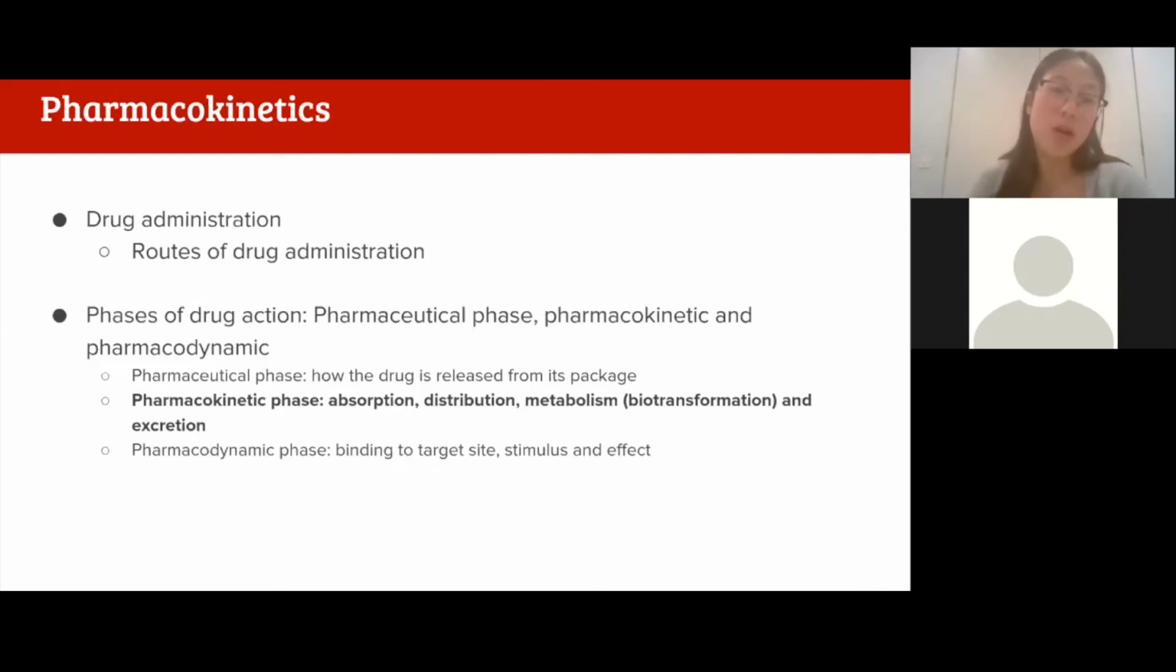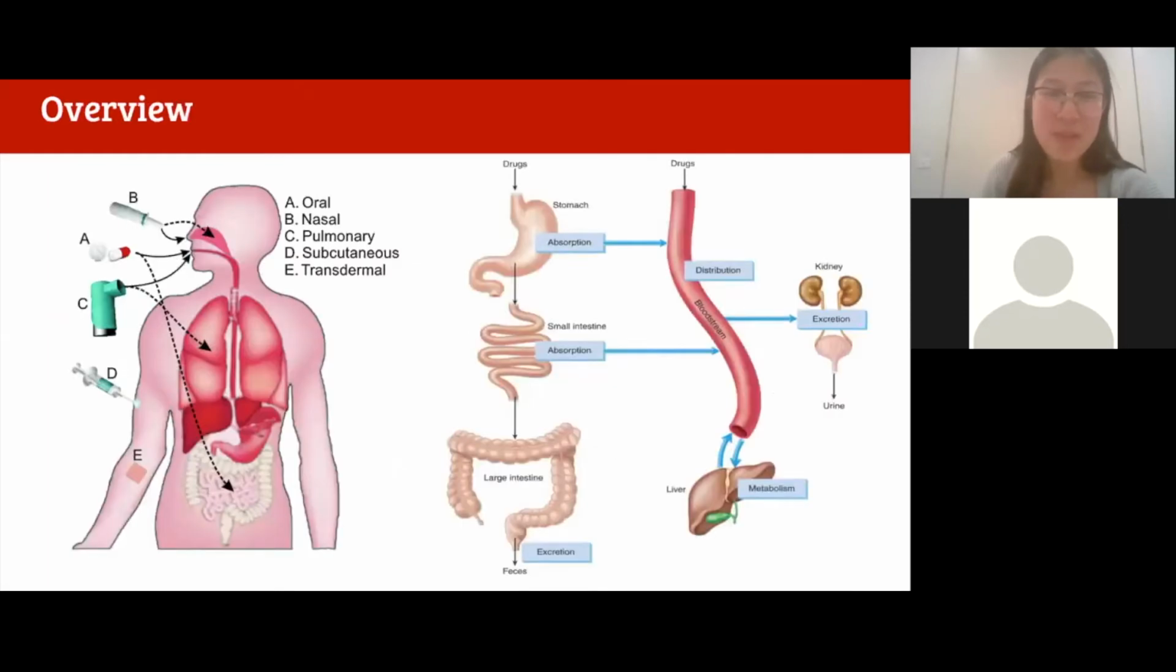And the last one's pharmacodynamics. And that's what the drug does to the body. So what are the drug's effects on the body? So that can include binding to target site and the stimulus and effect of the drug. In essence, these two dot points can be summarized by these two diagrams over here. Administration of the drug into the body. There's a couple ways you can do that, and also what does the body do to the drug once the